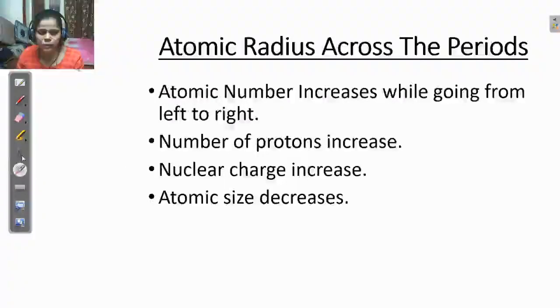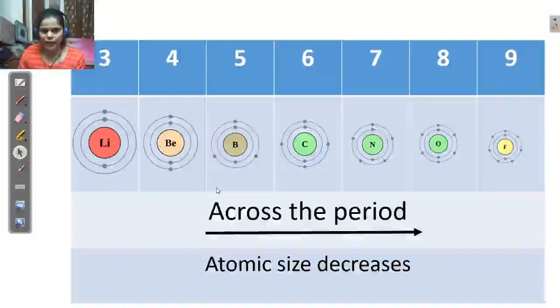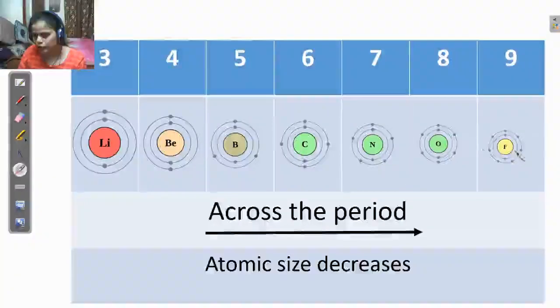You can see the pictorial form of the atom. Let's see here, this is your second period. In the case of lithium, there are a total of 3 electrons. So distribute the 3 electrons as 2 and 1. So the outermost shell of lithium has 1 electron. The outermost shell of beryllium has 2 electrons. The outermost shell of boron has 3 electrons. Then 4 electrons, then 5 electrons, 6 electrons and 7 electrons.